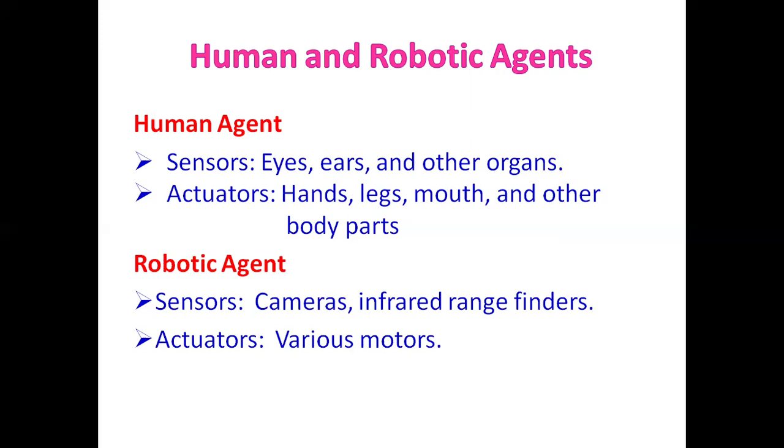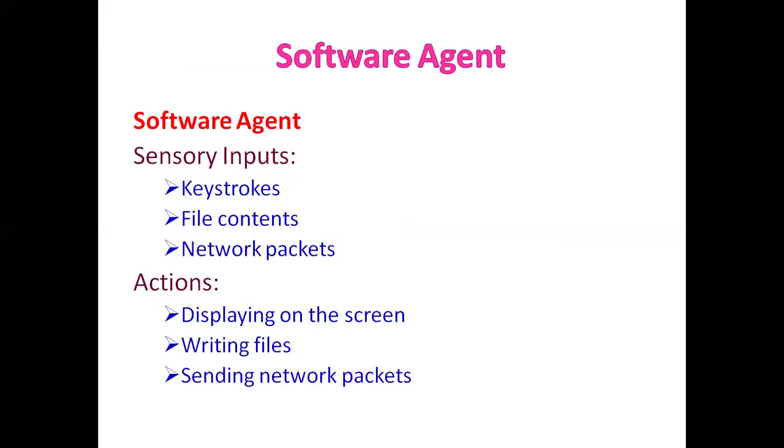These actuators work in conjunction with the robot's control system, which processes sensory information and determines appropriate actions. The combination of sensors and actuators allows a robot agent to perform complex tasks, adapt to its environment, and execute a wide range of operations autonomously or under human guidance.